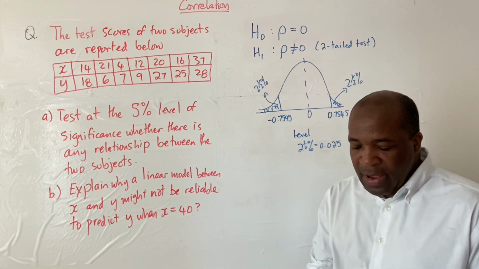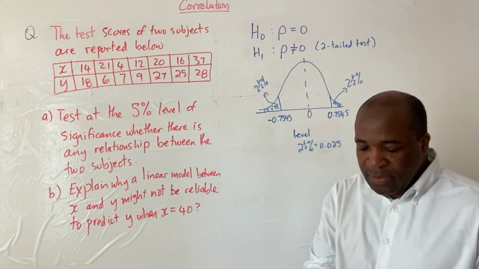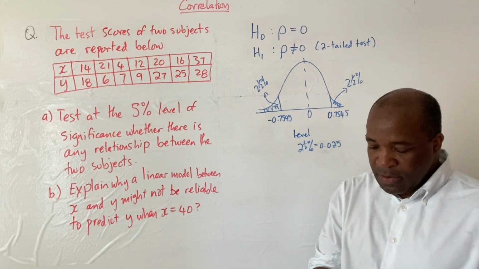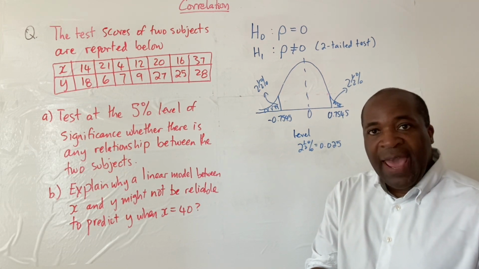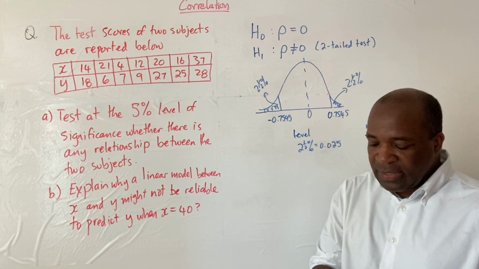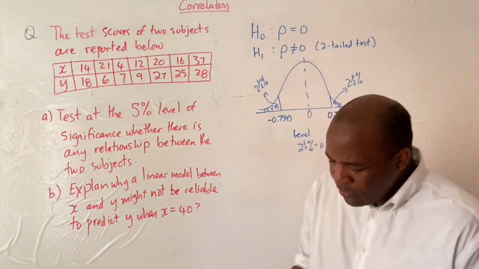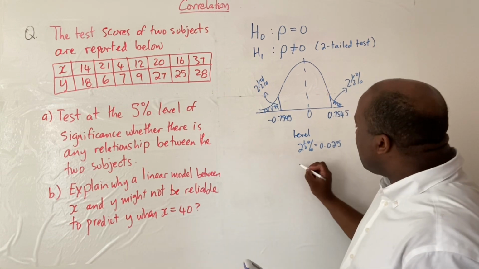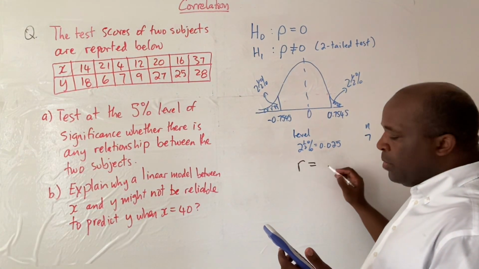Okay, and now I'm going to go to calc, then reg, and then X. So calc, reg, and then X, and I should get R equal, and my R value will be